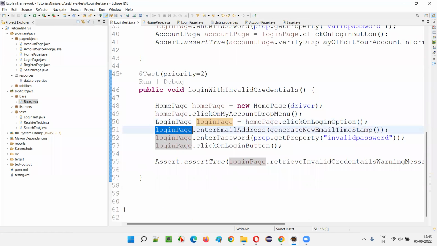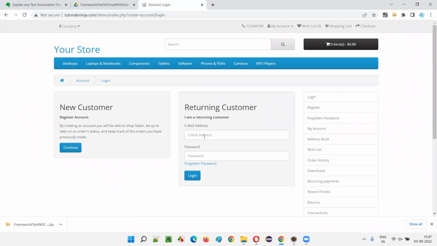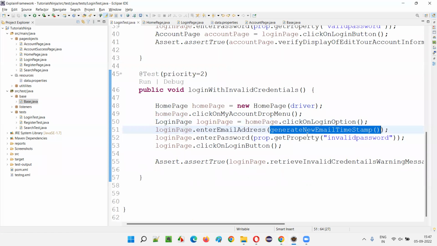The object of the login page came. Login page dot enter invalid email address. Here, every time we have to create a new email address. That is needed because if you use the same email address multiple times, due to security reasons you will get a different warning message saying your account has been locked for 1 hour. So due to that reason,